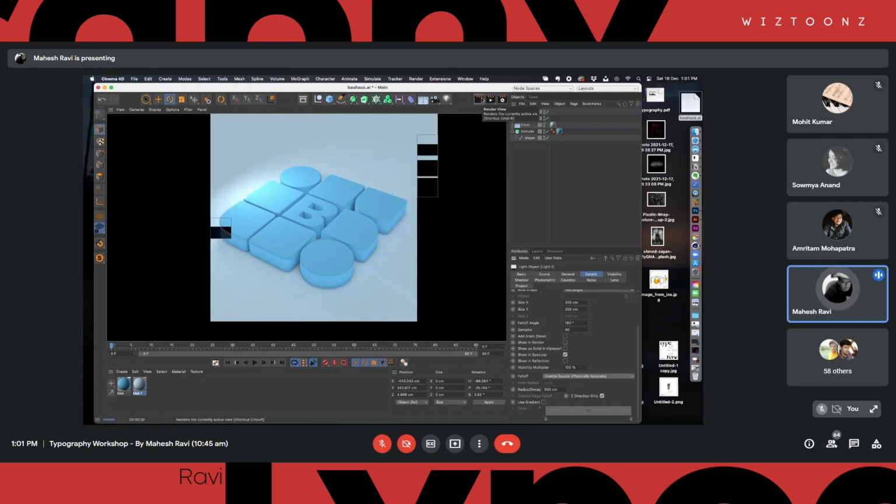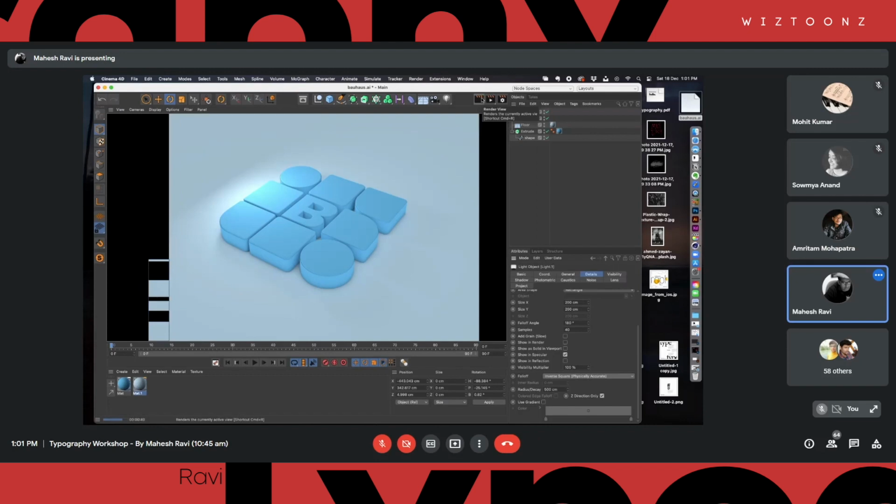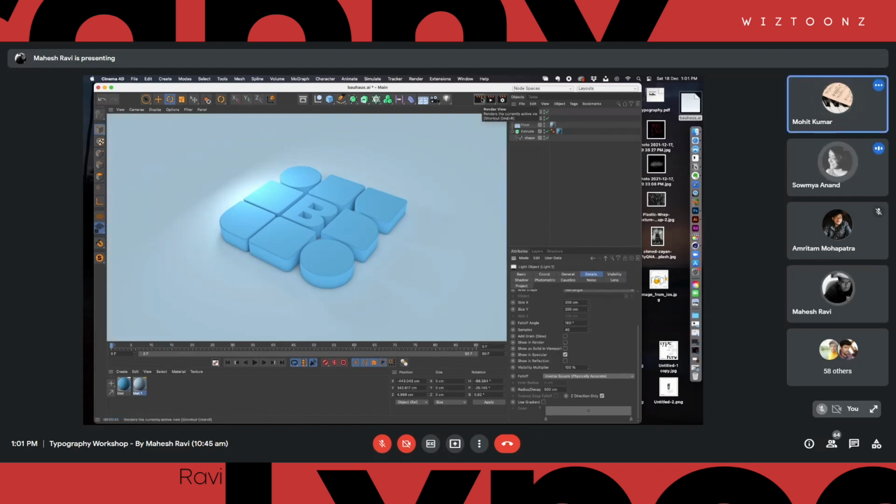Now, can you see the difference here in lighting? Yes, sir. It looks much better, right? So there is a real light actually falling here, it's hitting here, and it's coming here. So it all started from a simple spline in Illustrator, but we were actually able to make it look like a realistic physical object in 3D, right? And this is something that you can use in your design. You just export it as an image, bring it somewhere, and you can use it as a design element, right?